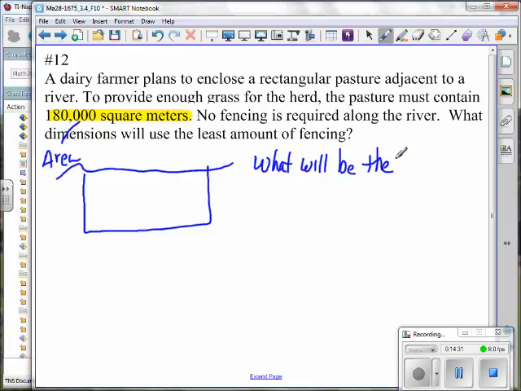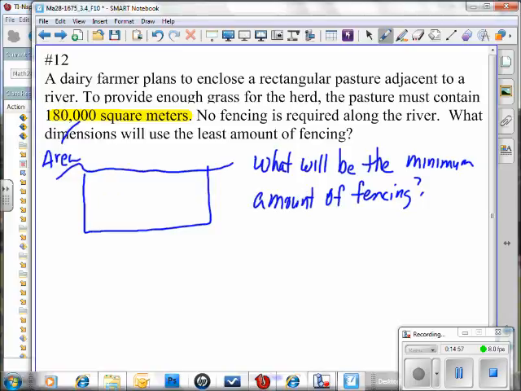Can you use a word that can fit here? Go ahead, Addison. What's it going to be? Minimum amount of fencing. That's another way of asking that question. I want to minimize the amount of fencing. Now,